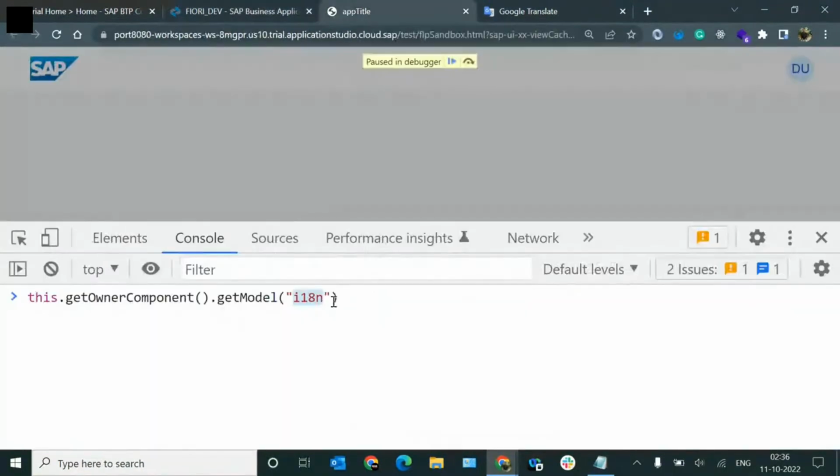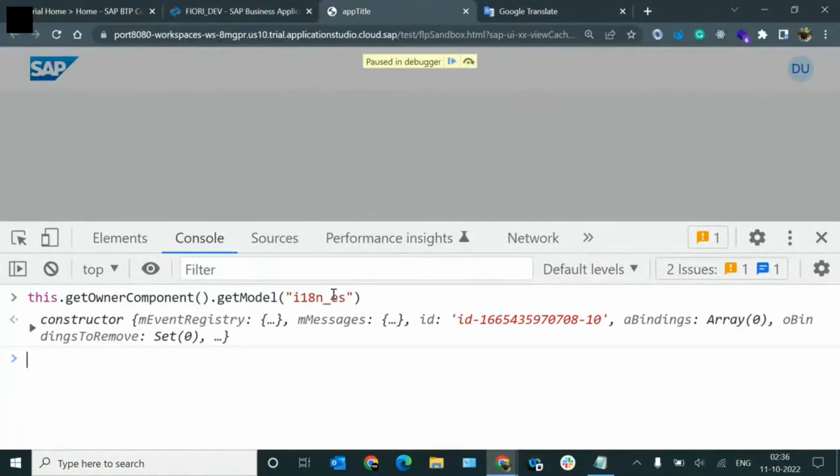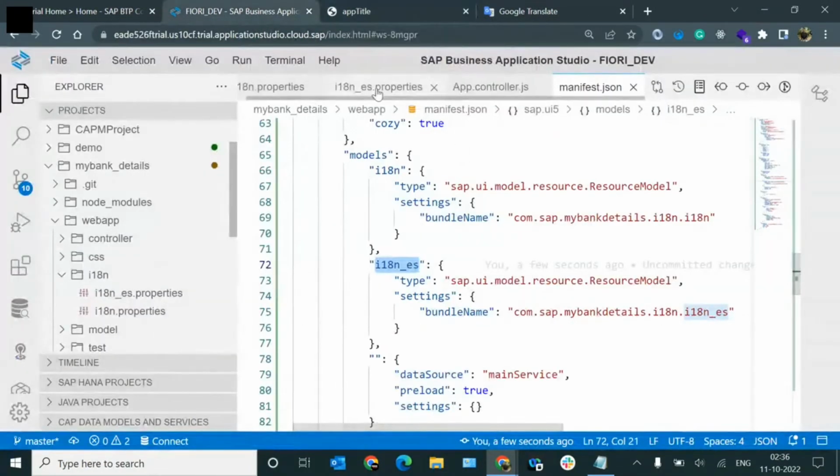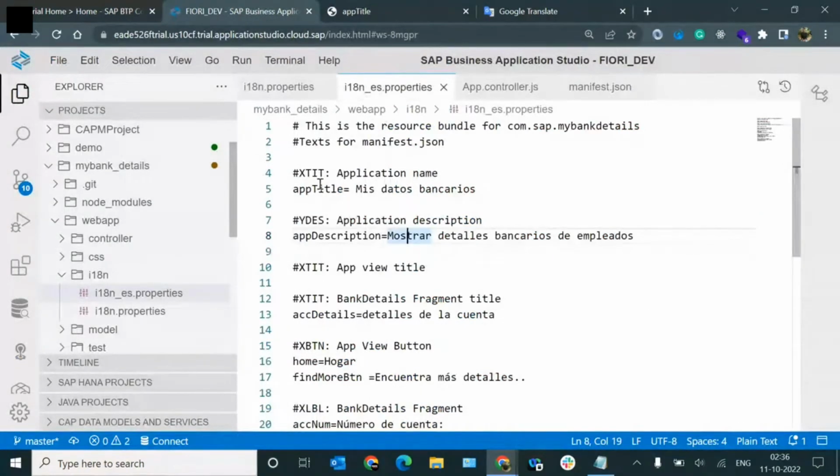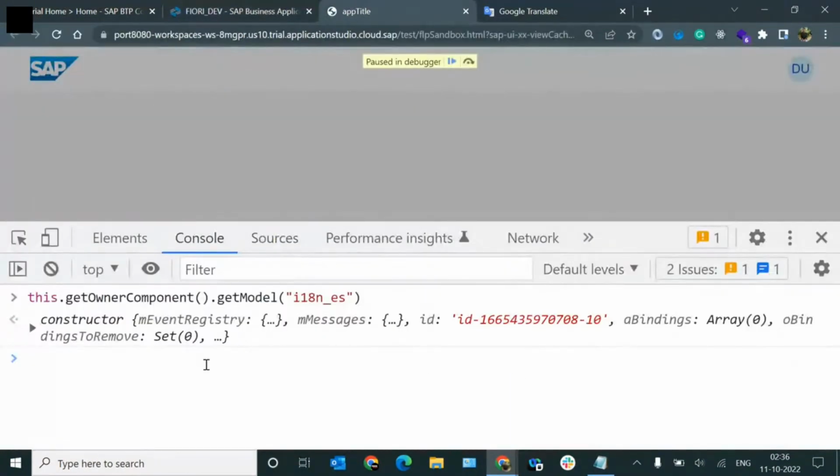I copy this, go here, and see if i18n underscore es model is working. Let's access some of its properties. If you go to the i18n underscore es, there is a property called app title, and this is the value of app title. I want to access this. Let's copy this app title property, and